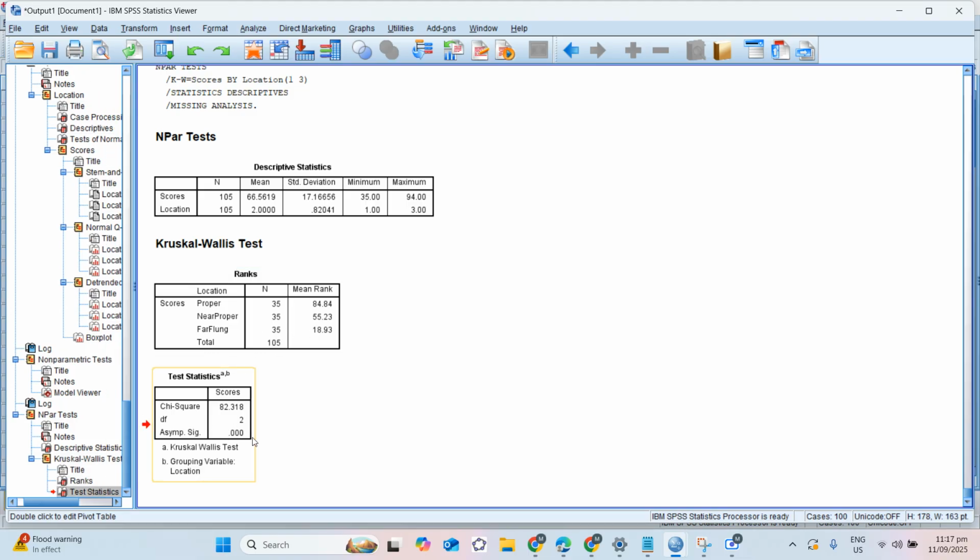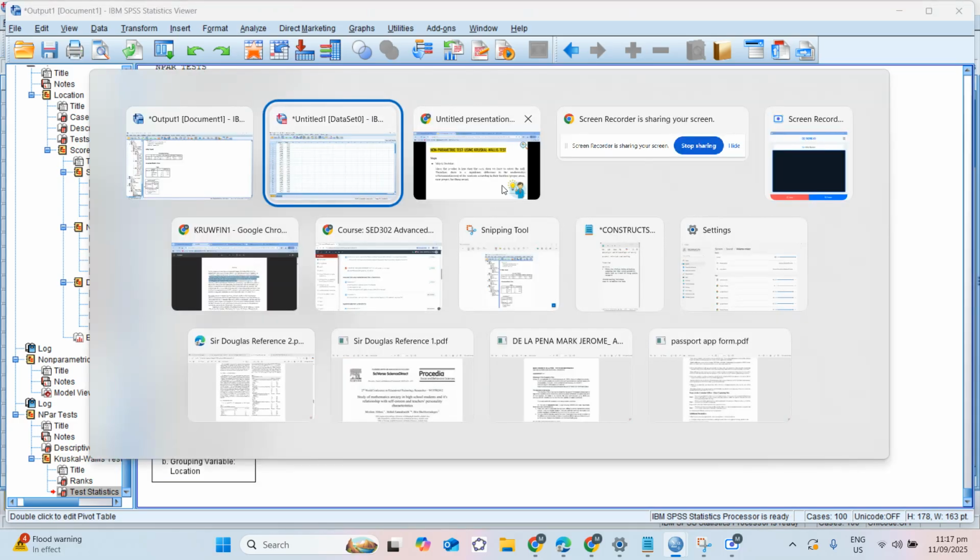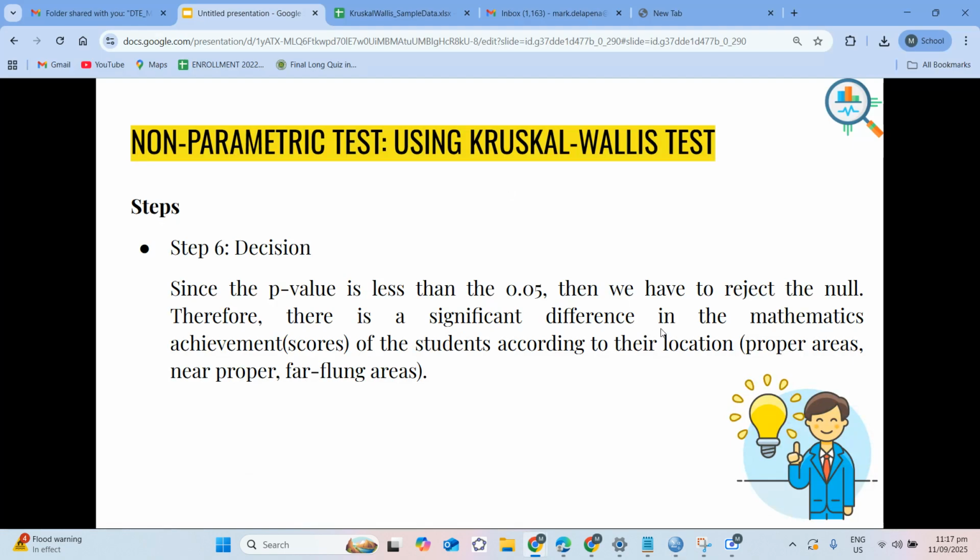So now, looking at the p-value in the asymptotic significance, the p-value here is 0.000. Therefore, less than 0.05, so that means reject the null hypothesis. Therefore, the conclusion: there is a significant difference in the mathematics achievement of the students according to their location. In the descriptive data, scores from the proper areas are greater than near and far flung. Also, scores of the students in near proper are greater than those in far flung areas.